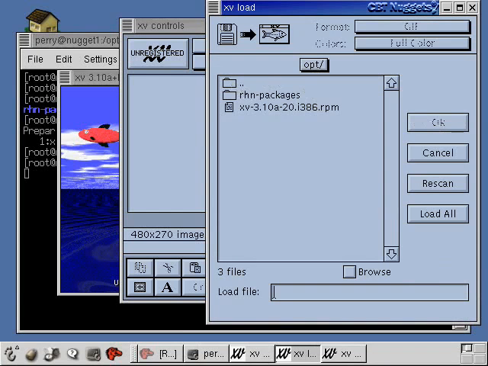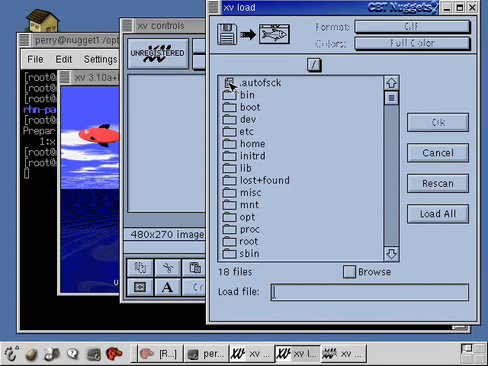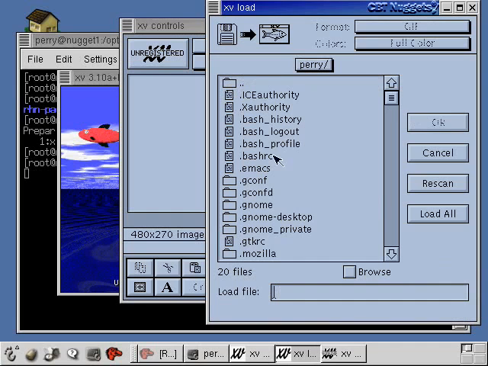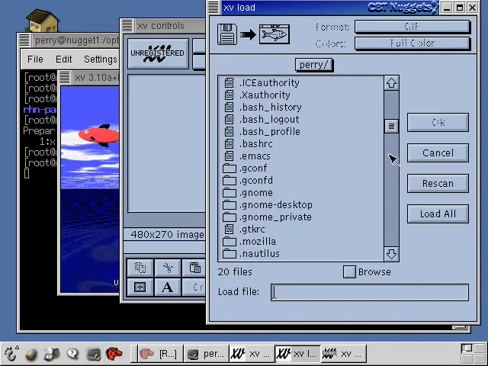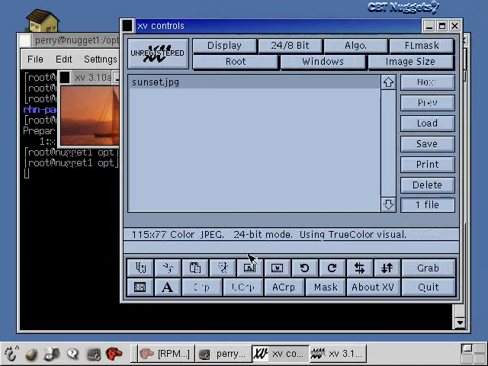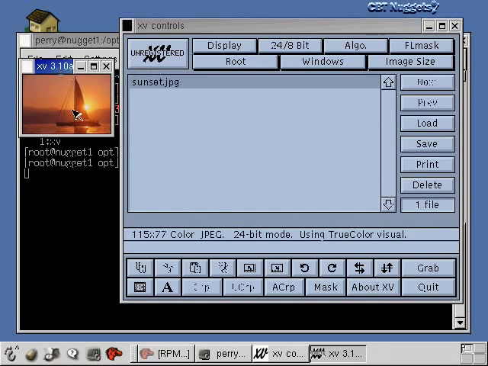From the opt directory, I'm going to go up a directory. So that dot means go up a level. So I'll double click on that. I'll double click on home to go down there. I'll double click on Perry to go into my home directory. And now I'll page down here, and there's this file here called sunset.jpg. So I'll double click on that. And now you can see the sunset.jpg file is open here, and I can manipulate it with the various tools